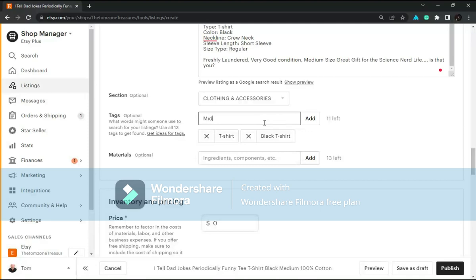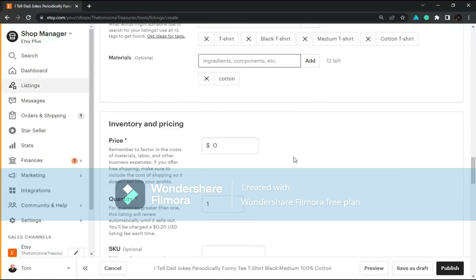Medium t-shirt, cotton t-shirt, and then the material is cotton,